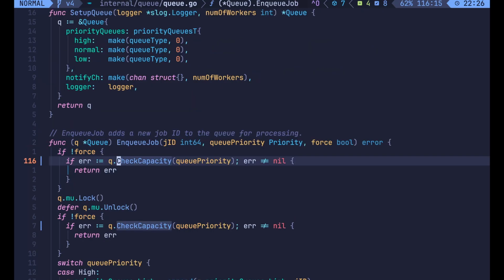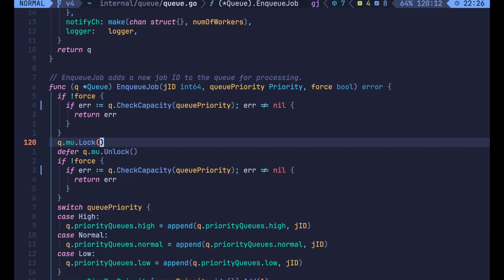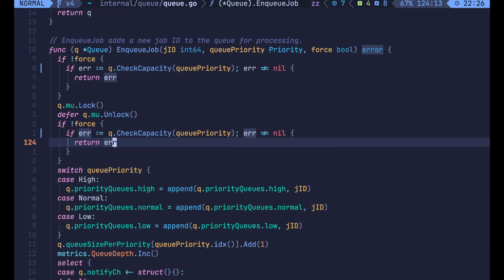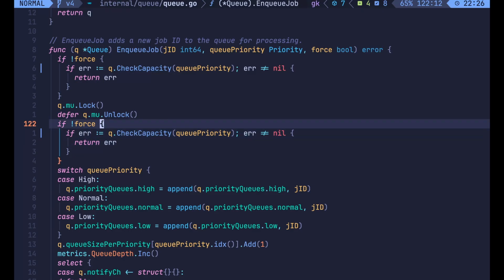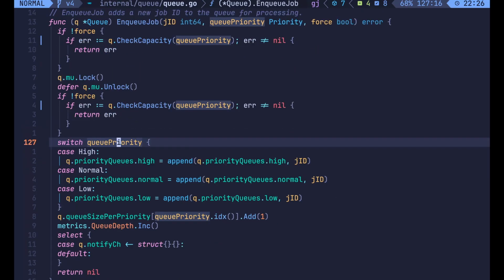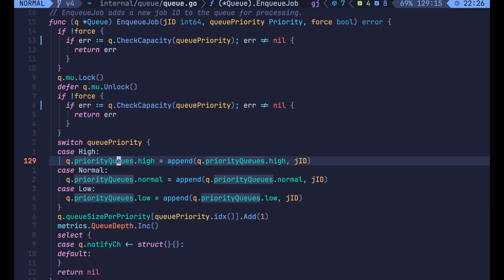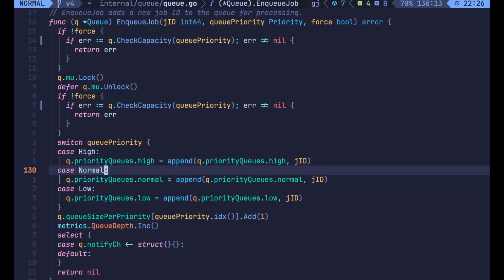That's about it. And if you go back to the check capacity in enqueue job, after verifying that, hey, this is a capacity, what we do after that is we acquire the lock and we re-verify that. The reason we re-verify is to avoid a race condition. That's about it. And then we switch over the queue priority again, and if it's a high queue, we append it to the high list. If it's a normal,